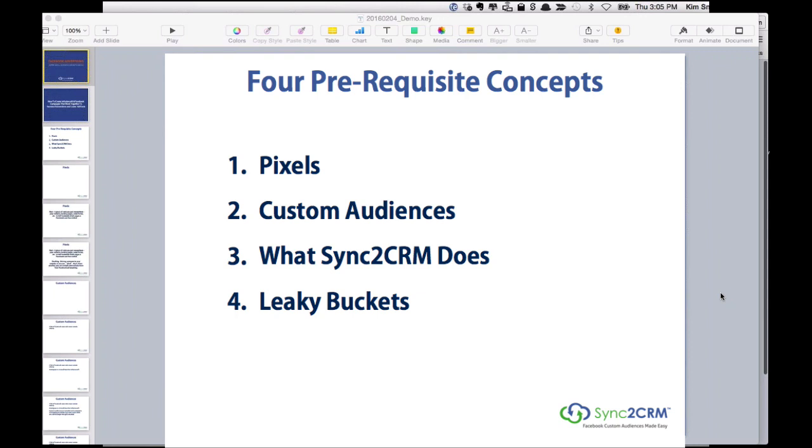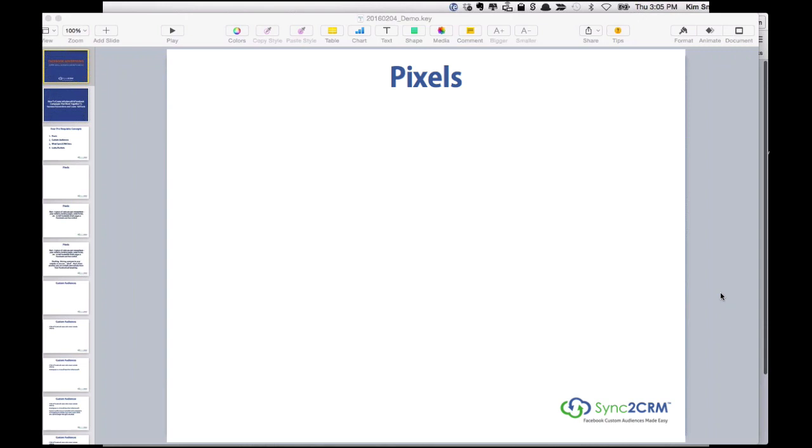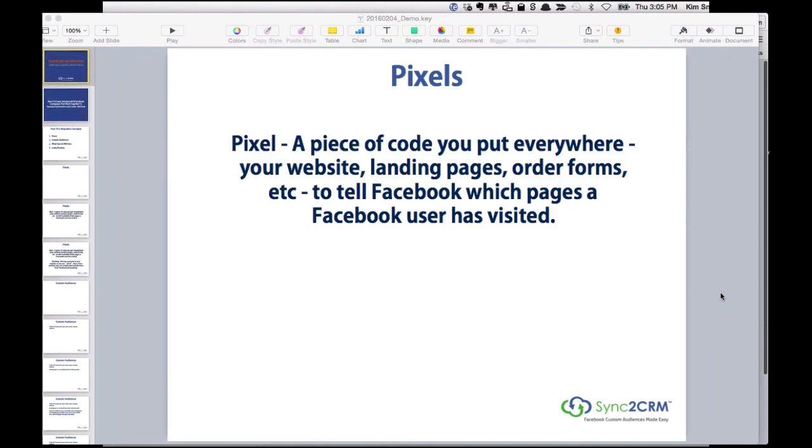However, before I do that, there are 4 prerequisite concepts that you need to understand first. Those are pixels, custom audiences, what Sync to CRM does, and Leaky Buckets. Now, some of you may already understand some or all of these, but just to make sure that we have a foundational beginning before I jump into this higher level stuff, I want to make sure that we get this covered. All right, pixels. So for those of you who don't know, Facebook operates or uses something called a Facebook